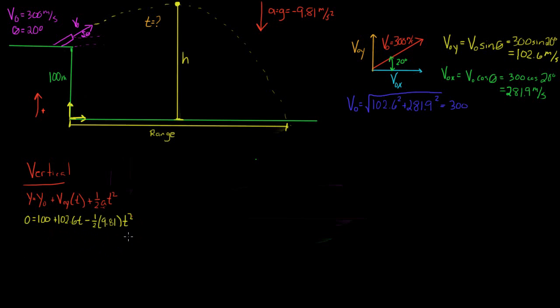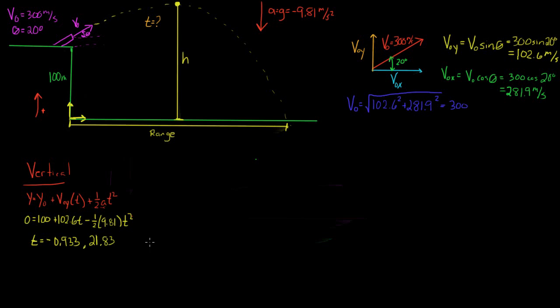And we know we're going to get 2 roots of time because it's a squared term right here. And if we use our quadratic formula or any other solving method you want to use, the 2 roots we're going to get for time are negative 0.933 seconds, and we're also going to get